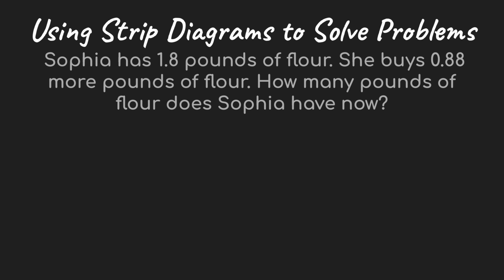Ooh, decimals. Sophia has 1 8/10 pound of flour. She buys 88/100 more pounds of flour. How many pounds of flour does Sophia have now? All right, so don't let it overwhelm you. Let's just break it into parts. Useful information. So Sophia